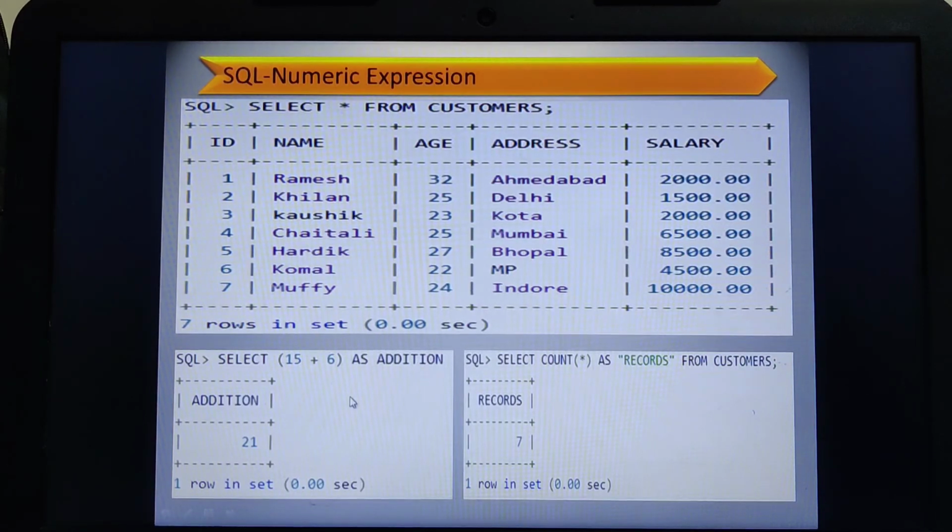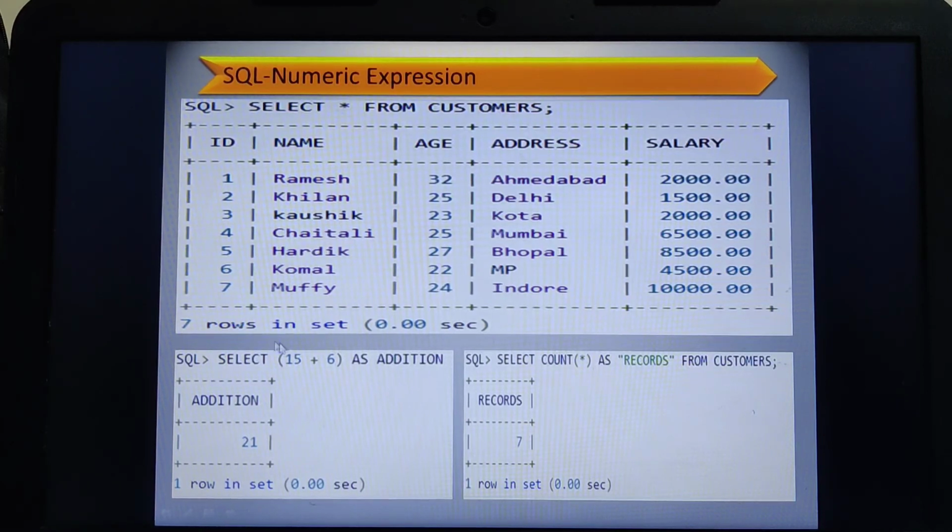Further you can give from which table, but here I haven't performed any addition on a table, so I have not used a specific table name. Again you can refer to student, it might be the table where you have to perform that addition, you can specify the from that particular table and specify the where condition. Now when I specify select 15 plus 6, it is performing the addition and it will give the operation as addition as 21.